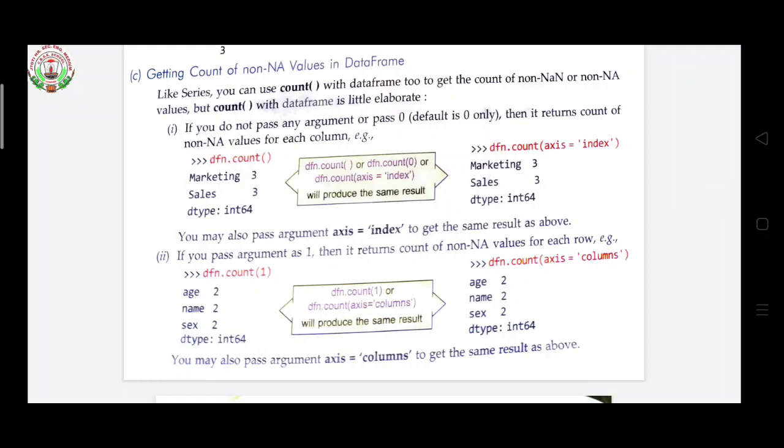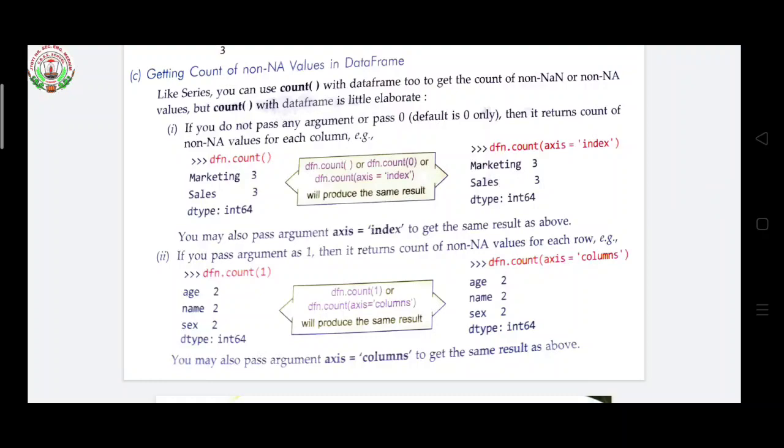So there is no difference here. If you pass an argument inside the bracket, you get the same result, and if you do not pass any argument, you also get the same result.